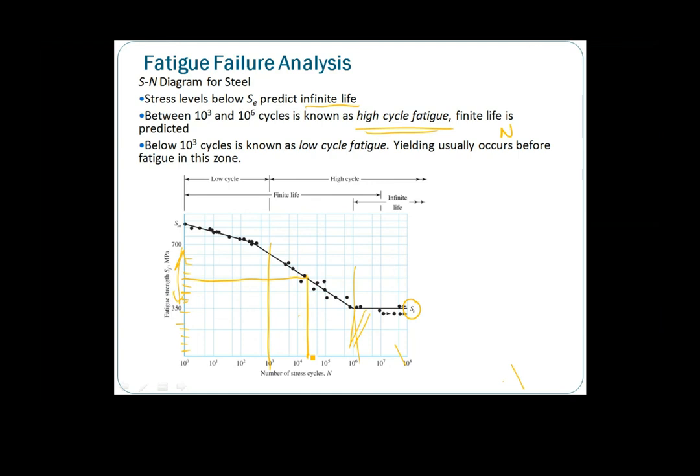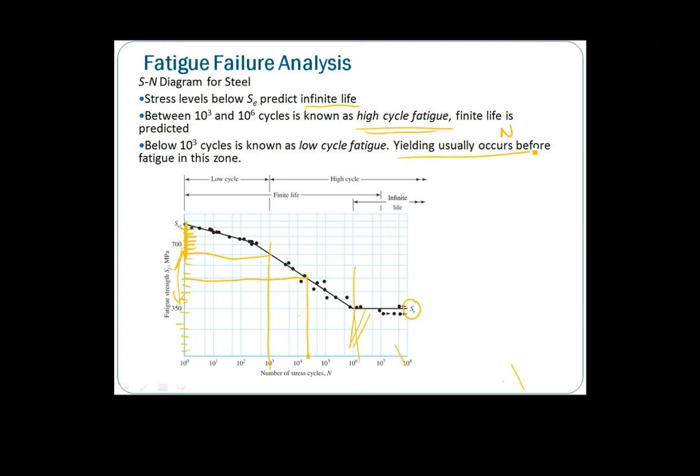So if it's further to that, you have even higher stress, let's say from this onward to here, and the stress is in this region, then we say that is low cycle fatigue. Below 10 power 3 is low cycle fatigue. So usually you will still have fatigue, but before the fatigue happens, static failure has already happened, because usually